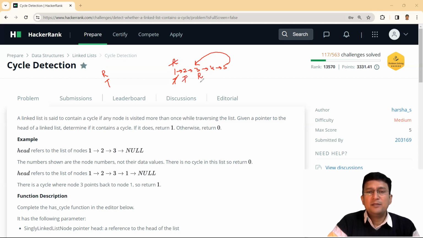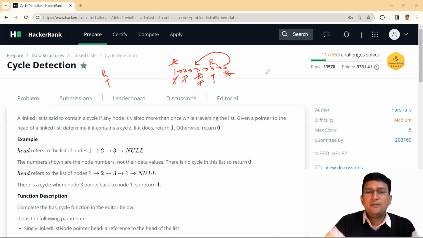Then I'm moving this tortoise to the next node and rabbit to the 2 nodes ahead. Then I'm making this tortoise to the next node from 3 to 4 and rabbit from 5 to 3 and then 3 to 4, 2 steps. This way, the rabbit and the tortoise are reaching the same node. It will suggest that there is a cycle in the linked list.